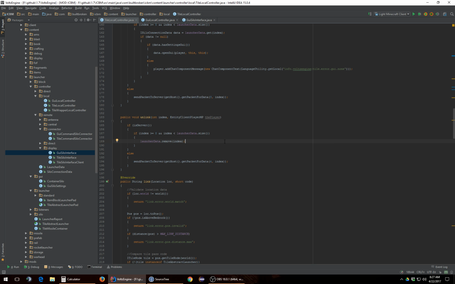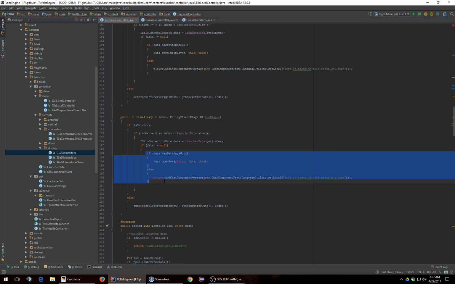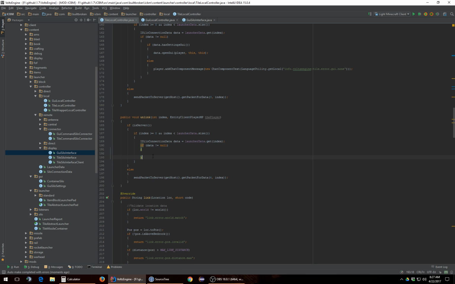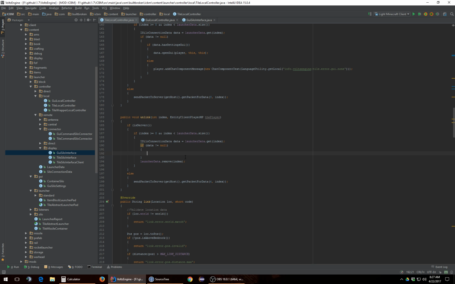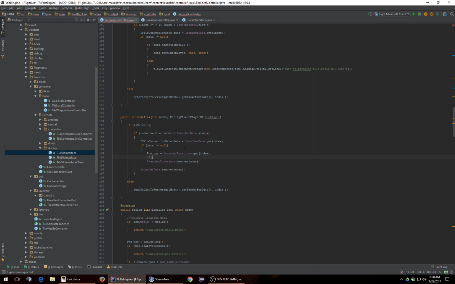And nope, I need to undo some things here. I do need to check if it's null. Okay, so we are going to still remove it down here, even if it's null or not, but launcher locations dot remove index. We're going to go pos equals launcher locations dot get index. And what we want to do is we're going to go, okay, if